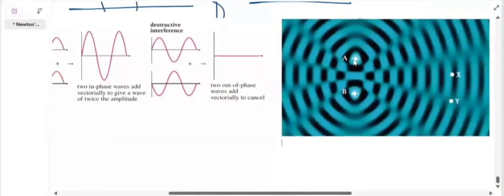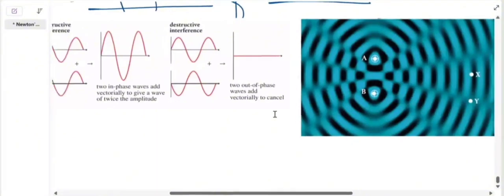So suppose A and B are two stones that I dropped in rest water at A and at B. They both will create their own waves, and when they interfere, they will give out these patterns: central bright fringe, then black fringe, then next bright fringe, then black fringe, bright fringe, black fringe, like that. Here the black fringe is destructive and the bright is constructive in nature. Any doubts?